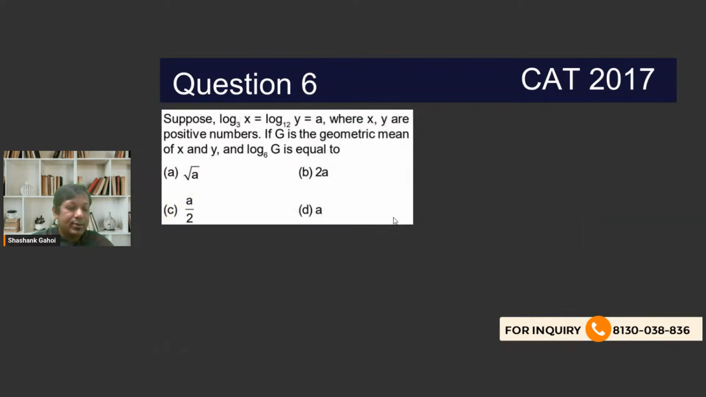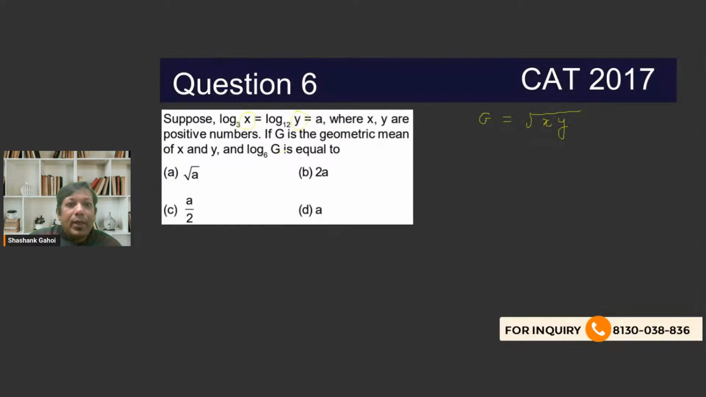What does it say? It says suppose log base 3 x plus log y base 12 is equal to a, where x and y are positive numbers. Okay, so inside the log it's a positive value. G is the geometric mean of x and y. So what is the geometric mean of two numbers? The geometric mean of two numbers is given as the square root of x and y,